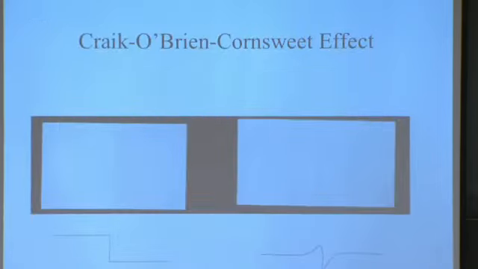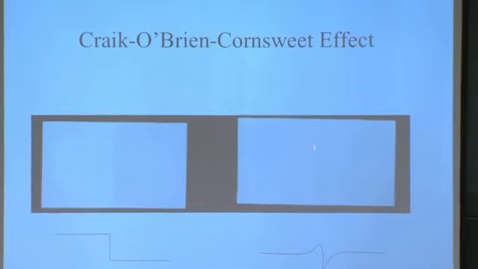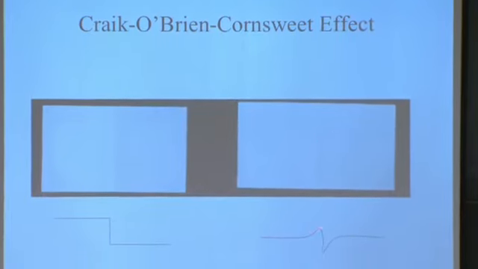Or in a less spectacular but measured example, here's two different shades of gray, and if you run a light meter objectively looking at how much light is reflected from this, here that changes. This looks almost the same as this, but really there's just a manipulation at the boundary. So again, here's a light meter, here's the boundary. So these two sides are really identical. It's just been manipulated by the boundary. And you can see that because if you get rid of that boundary, now you can see that these two sides are equally bright.